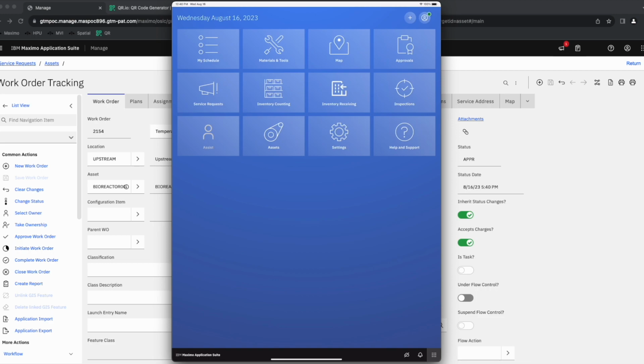But here's a technician. I'm going to open up my tablet and immediately see what capabilities I have access to in Maximo. This includes my schedule for the day, materials, tools that I need today, a map to help direct me to the locations of what the work needs to be done. But as a technician, what's important to me as I begin my day,